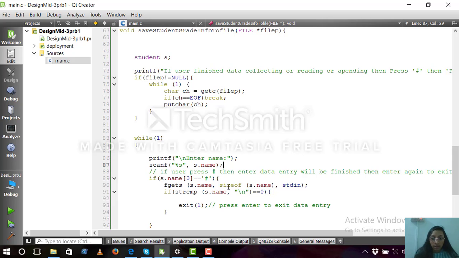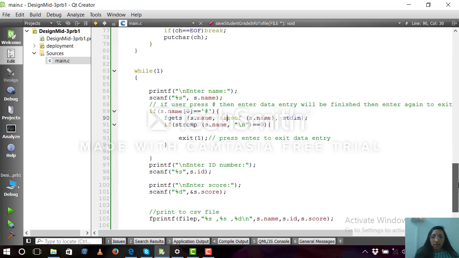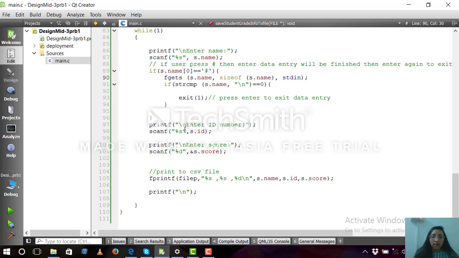It will get the name as standard string input. Then it's going to check whether the null point has come or not. It is going to compare that string with the whole length, then it will exit. And after saving name, it will print the ID number, then score.